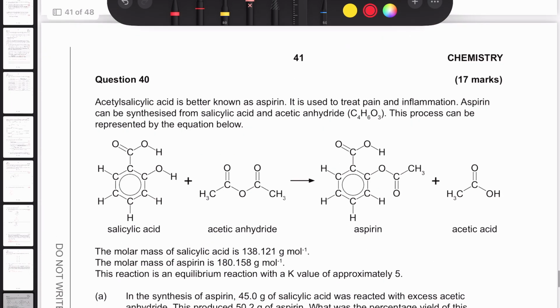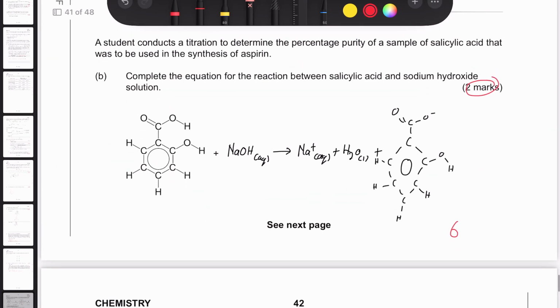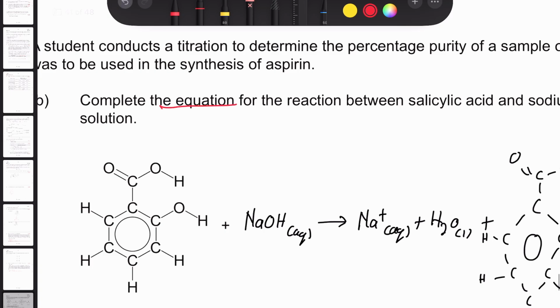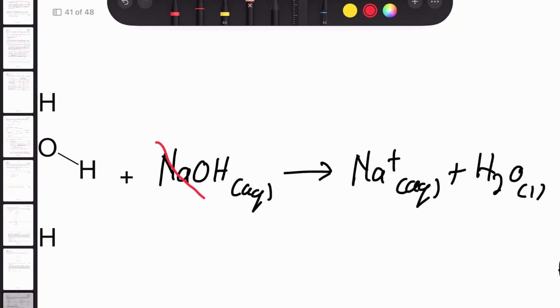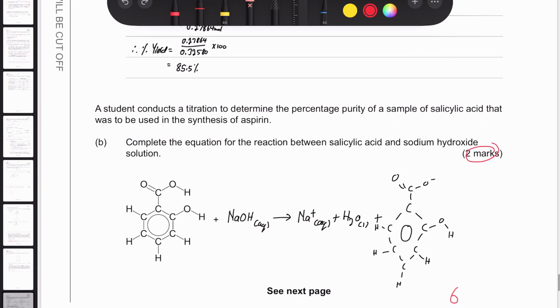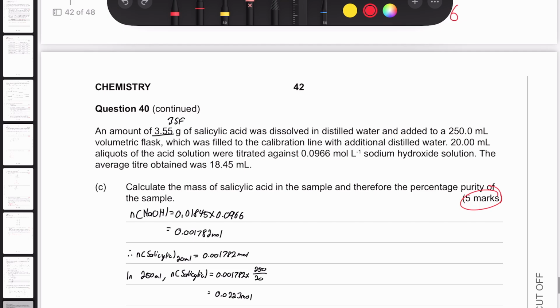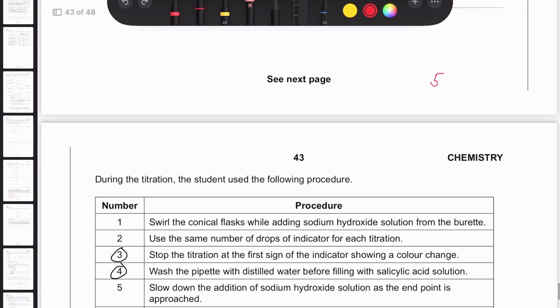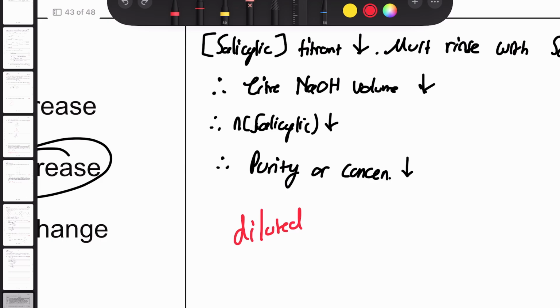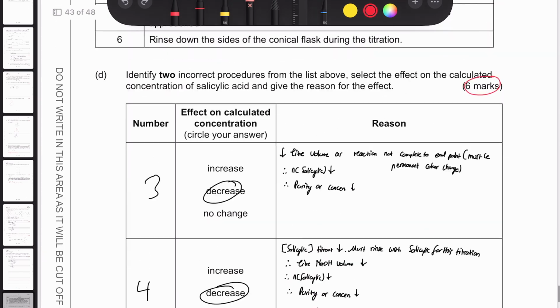Okay, and then going down, I think from here was pretty good. For this one, it's just the equation, but it gave it as an ionic equation. But I thought it doesn't specifically say ionic, so I'm going to give myself the full 2 marks. However, in the future, I think I'm just going to default to ionic equation. And then here was fine as well. Oh yeah, they just said diluted instead of saying the concentration decreases, but they're literally the same thing. So yeah,